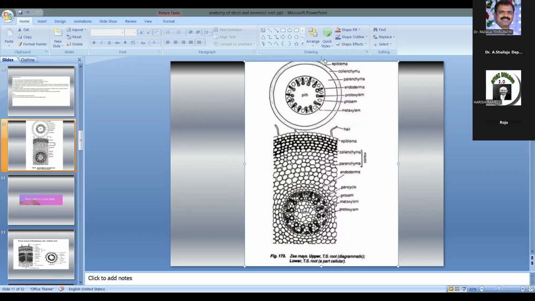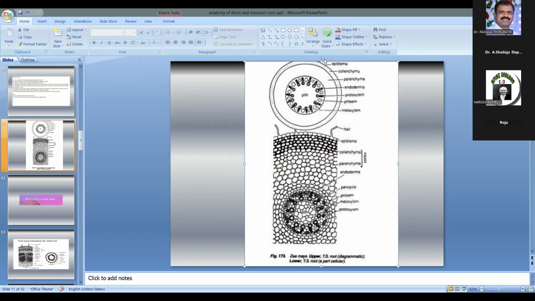Some authors designate it as hypodermis, but sclerenchyma cells are abundantly present in the roots of water plants like Hydrilla, Potamogeton and Typha. These are hydrophytes. In Oryza sativa the cortex is traversed by large air spaces, and such a cortex is called lacunate. Some hydrophytes have these gaps, large air spaces in the cortex region. Such a cortex is called lacunate.